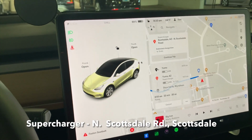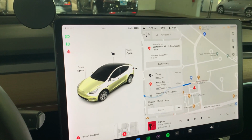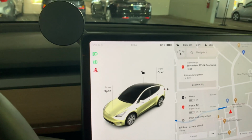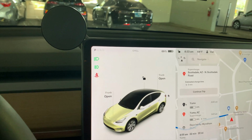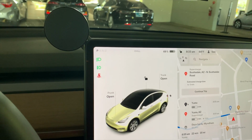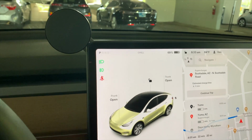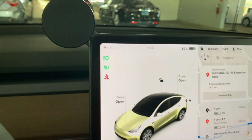I forgot to point it out, but that little slow charger at the hotel last night had gotten us up to 77% state of charge, but driving all the way back to Scottsdale, which took half an hour, and the car preconditioning the battery for fast charging, which you didn't really need to do because we're not going to charge much, we lost 8% of charge. And